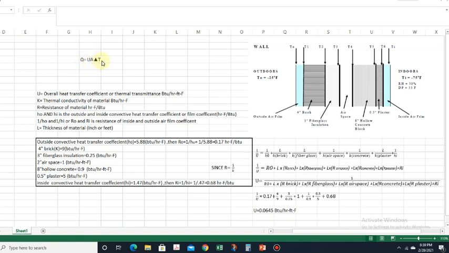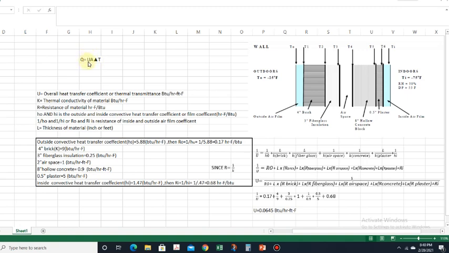That means we can say that heat gain in the room or in the space depends on the overall coefficient of heat transfer. If the overall coefficient, or we can say thermal transmittance, is more, then the heat gain in the room or in the space will be more. It also depends on the area and the difference in temperature, but now we will see the U value.